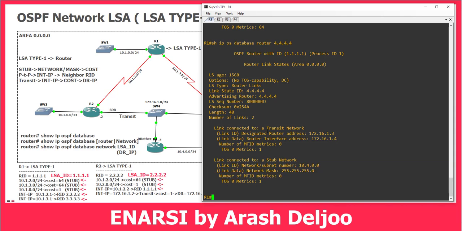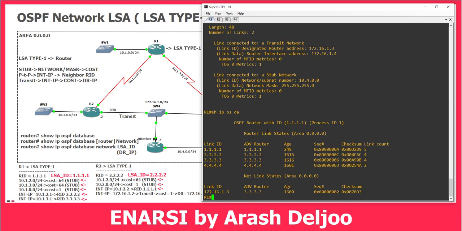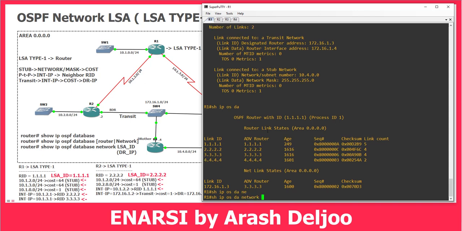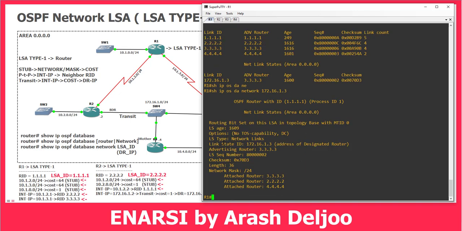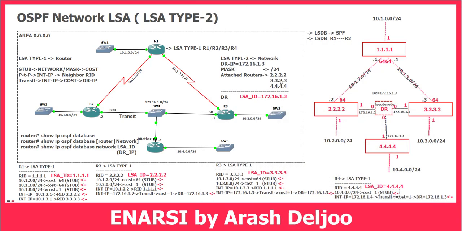Now, let me show you the detail of LSA type 2. Show IP OSPF database. You can use show IP OSPF database, then network. Okay, after that 172.16.1.3. That's it. Here we have only this information. The DR IP address, meaning link state ID, is 172.16.1.3. This is the address of the designated router, meaning the IP address of the designated router. Also, you know that the router ID of the advertising router is quad 3. Okay, but the LSA ID is the DR IP, not the DR ID. Then here you can see the network mask is /24, attached routers quad 2, quad 3, quad 4, exactly this